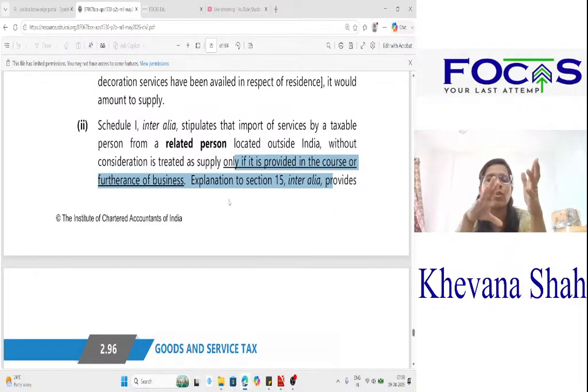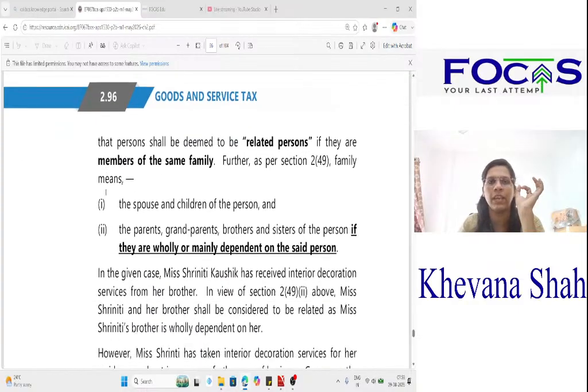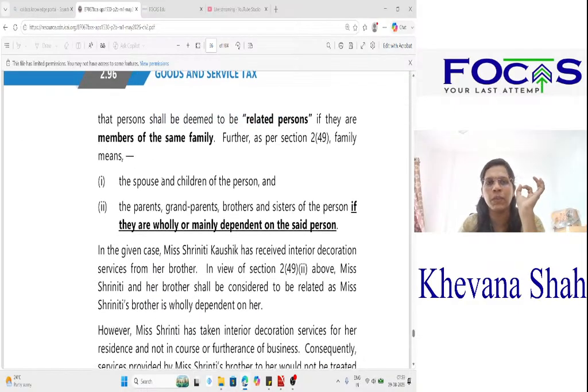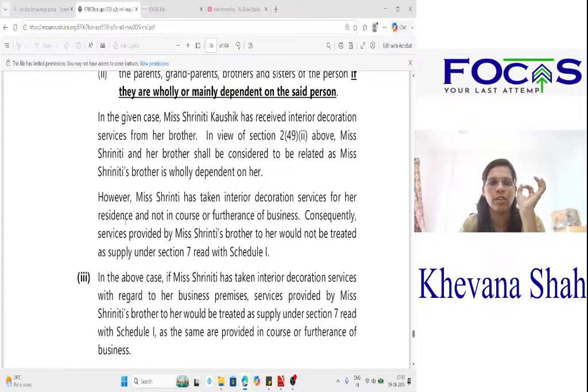So in this particular case, it is from a related person, it is without consideration, and it is provided for personal purposes, which is not in the course or furtherance of business, because of which we will not consider these as supply. Now they have defined related persons and they have concluded